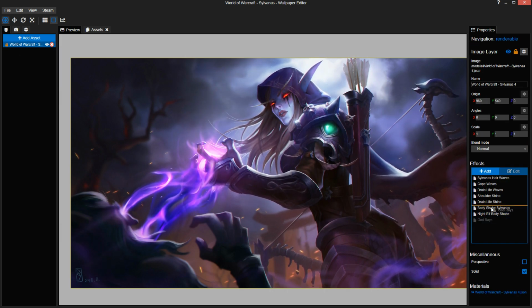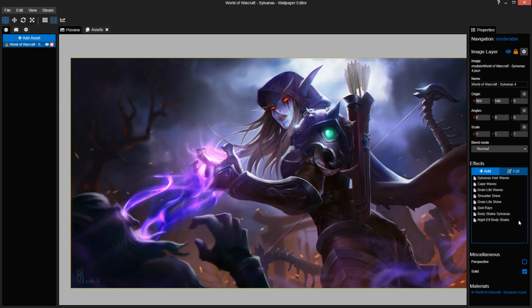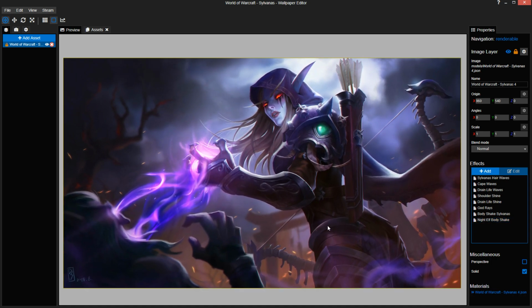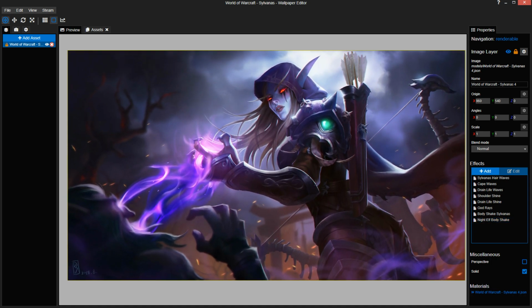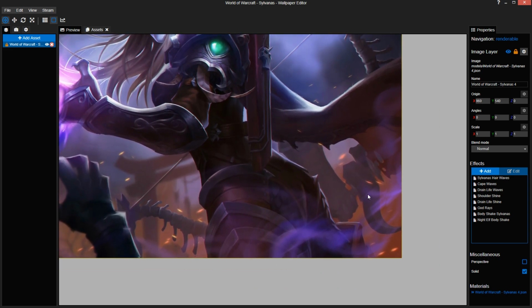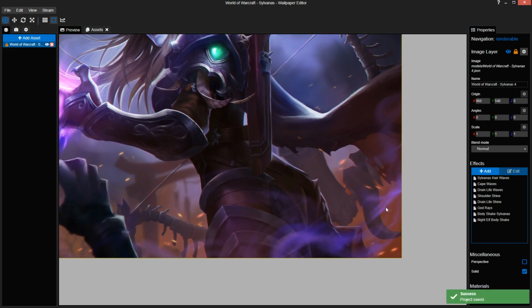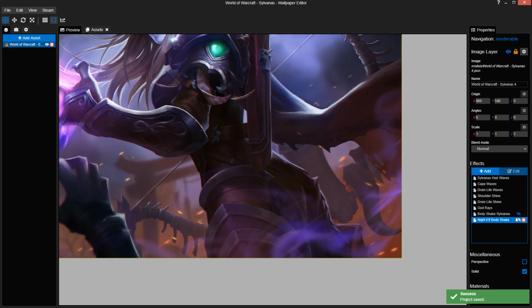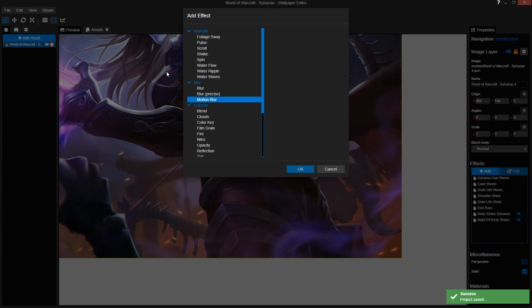Right, so I got the God rays above the shake as well. Doesn't really matter. Oh, I forgot to turn this one on. Right, so I want this one to move as well. I mean, it'd be cool if it did, doesn't it? So yeah, you can leave these on, doesn't really matter.